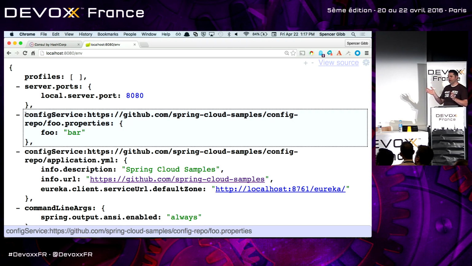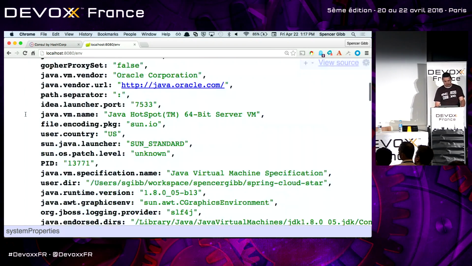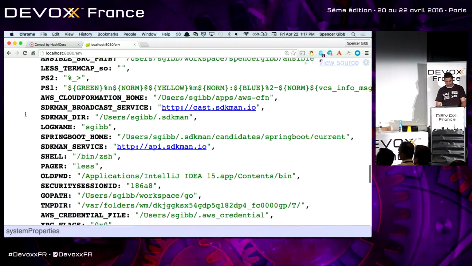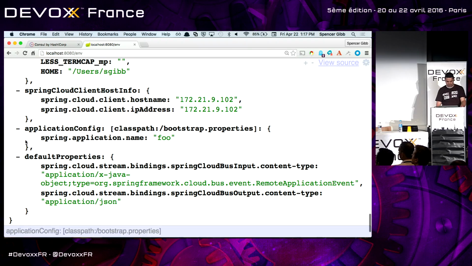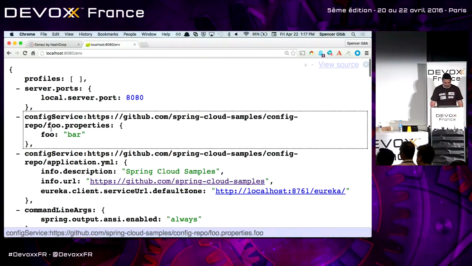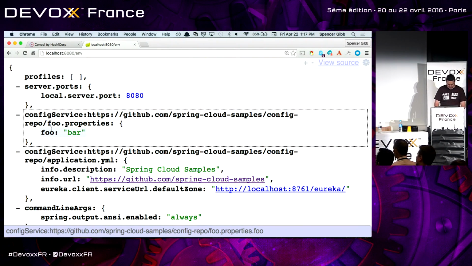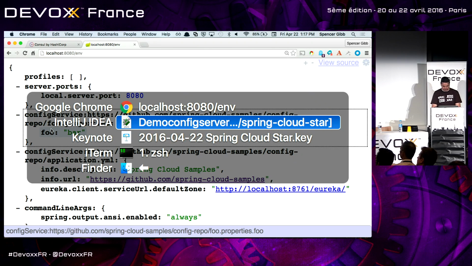I showed you that information in the HTTP API, but this used the Java client to automatically go out to the configuration server and load this, along with command line arguments, system properties, environment variables, and the other parts of the Spring environment.